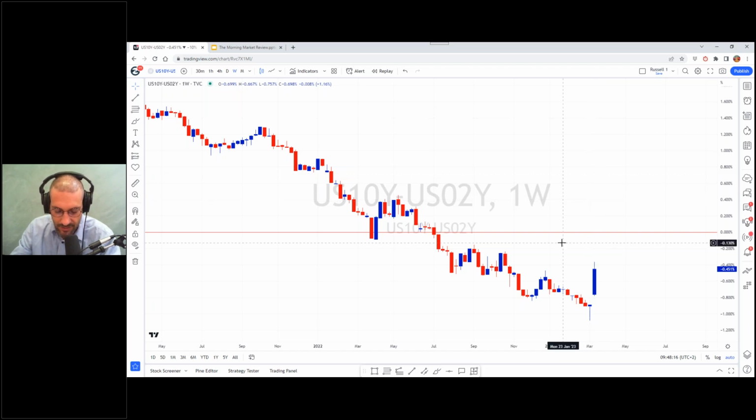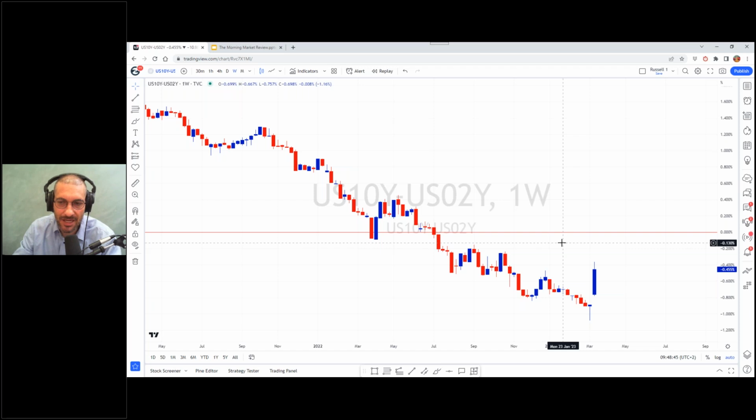So just to reiterate, we've looked at the US dollar Canadian, we've looked at the US dollar, and we've gotten this strange kind of head and shoulders top. We're just going to see if the right shoulder actually evolves on that US dollar. That would only make sense if we're coming closer to the end of the hiking cycle. And lo and behold, we may even, dare I say, get rate cuts.